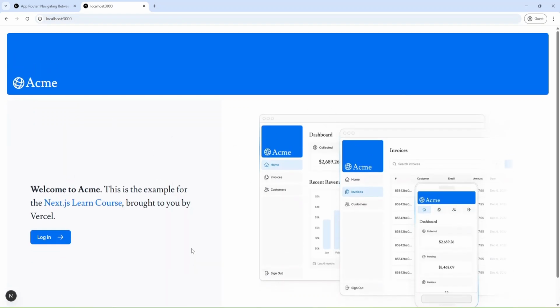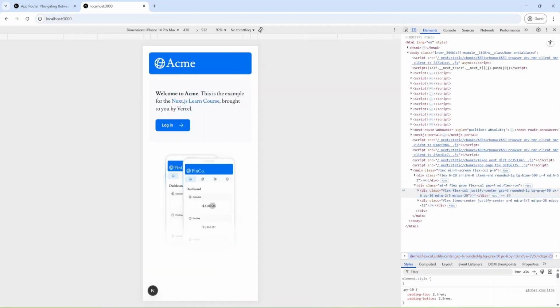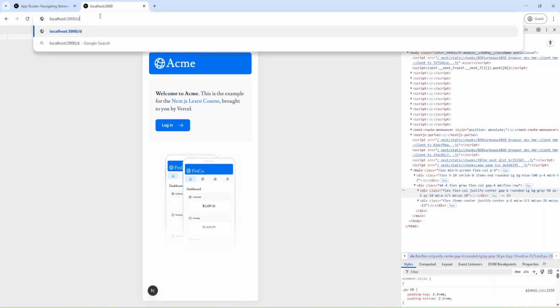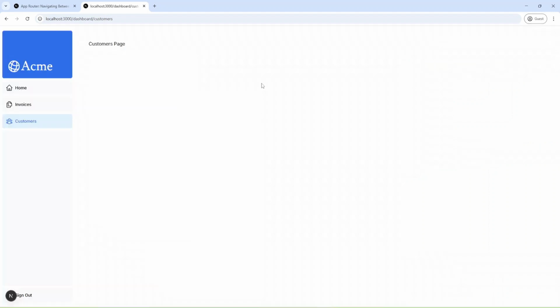And also we can check for mobile devices. Let me do it, and let's try dashboard. And we have dashboard, and as you can see, probably they added some links here as well. And we have our invoices page and also our customers page. And I can close this console.